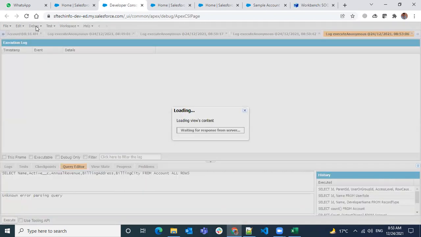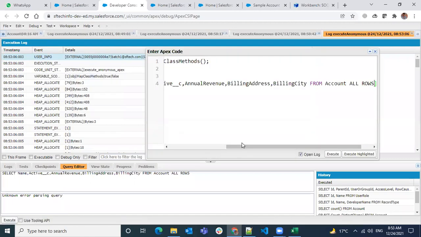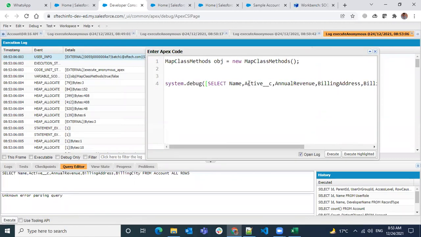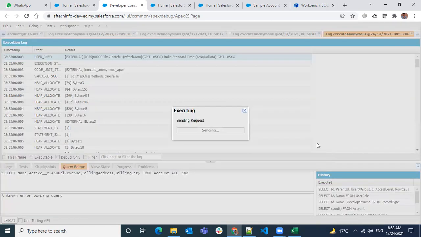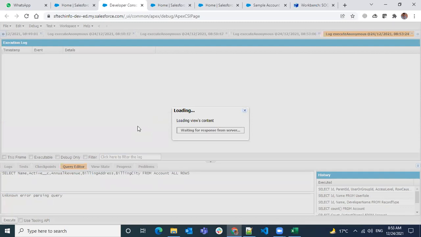Okay, but how will we know? What we can do is reduce the other fields so we have just the name and say ALL ROWS, but we cannot see all the data in a debug log.